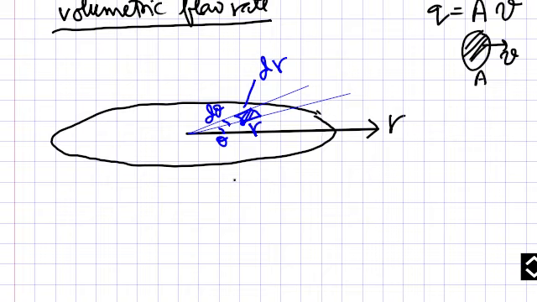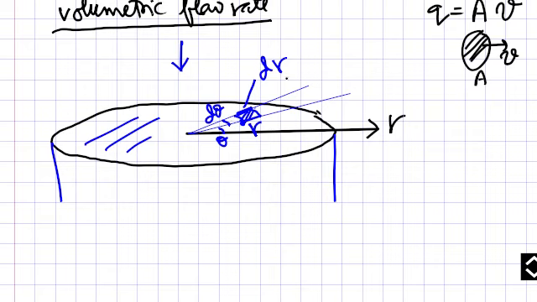Here I have drawn the cross section of the tube, and water is flowing this way, and we are interested in this cross section area. For this I have taken a very small area block this way. At this point, it is at distance r, the small distance that I have taken is dr, it is at the angle theta, and the very small angle is d theta.